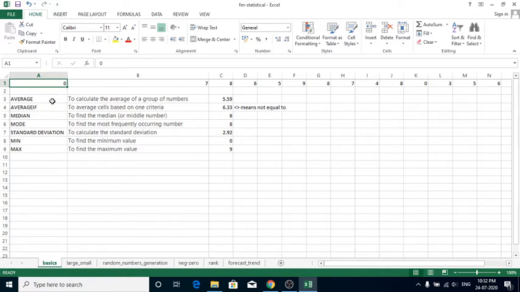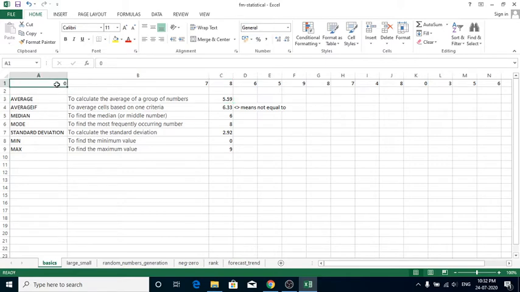Average is a function used to calculate the average of a group of numbers. Here you can see the formula in the formula bar itself: equals AVERAGE of A1 to Q1. To select a particular cell range, you have a shortcut key. Put the cursor on the first cell.